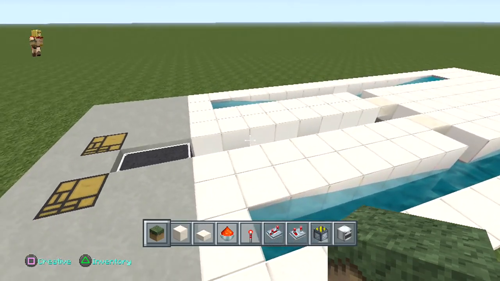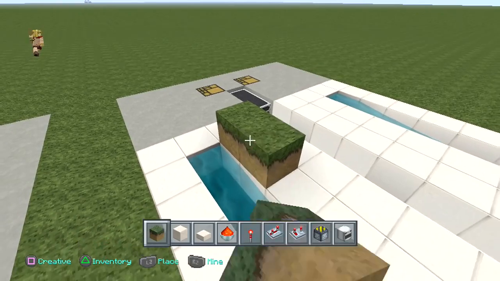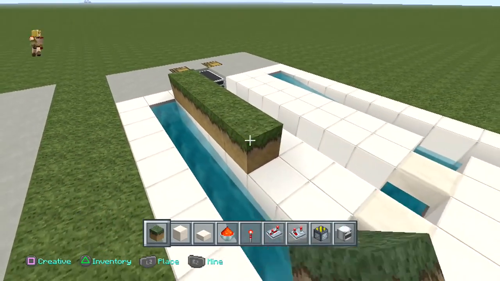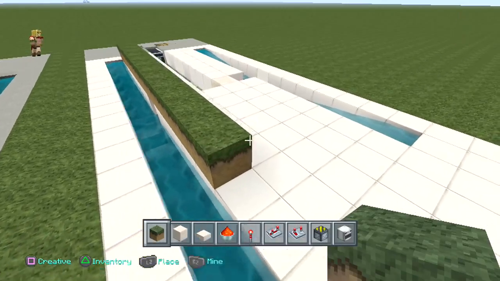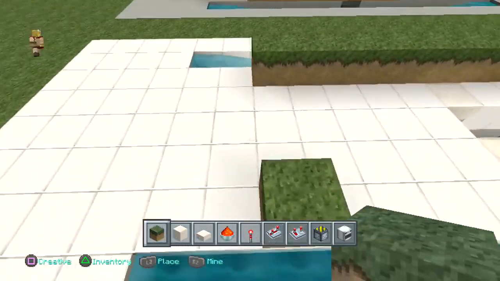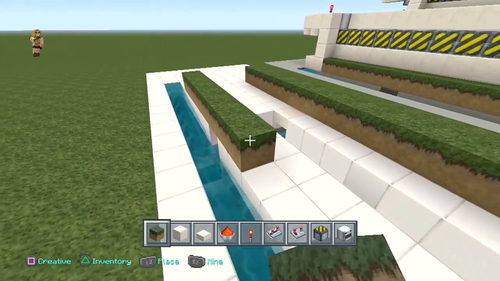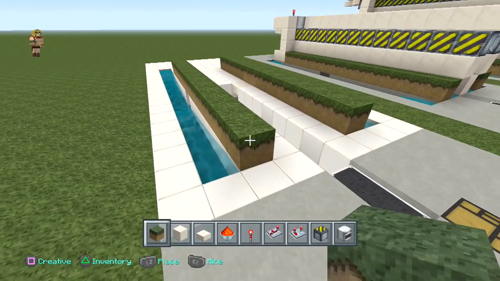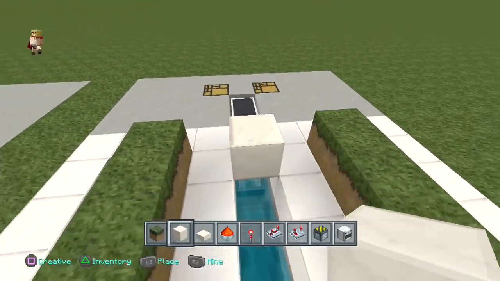Now at this point, guys, I want you to place one block of dirt right here, and you can extend that 13 blocks across. So you should have a total of 13 blocks of dirt in this straight line. Then of course you're going to repeat the same thing on the opposite end. Awesome. Alright. Once you've done that, you're going to place a block right here in the center,